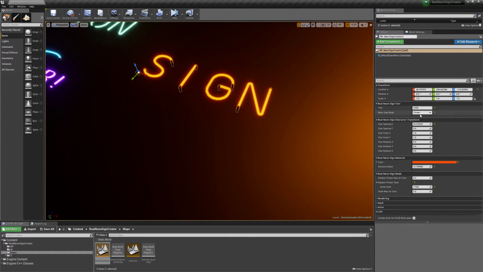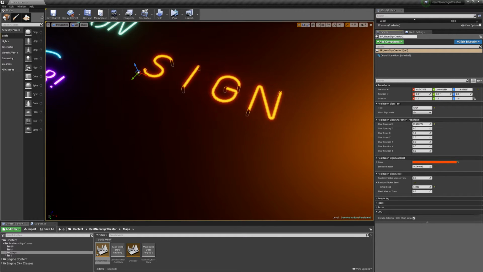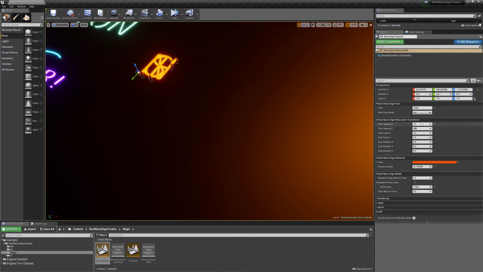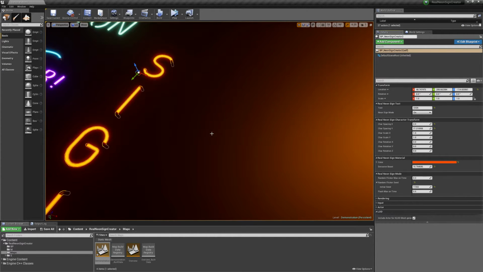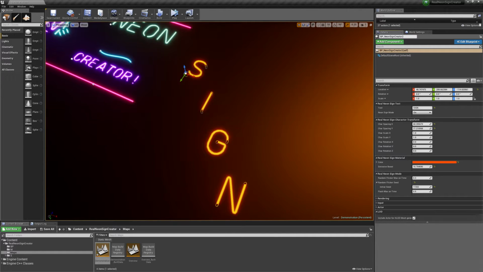So modes aside, let's jump back up to the character transformation. That just basically does what it says on the tin. You can adjust the character spacing. You can also space it in Y as well. If you want a vertical sign, you can do a combination of both. If you want like an offset diagonal sign,